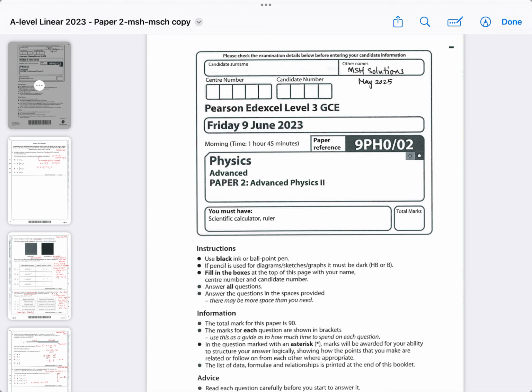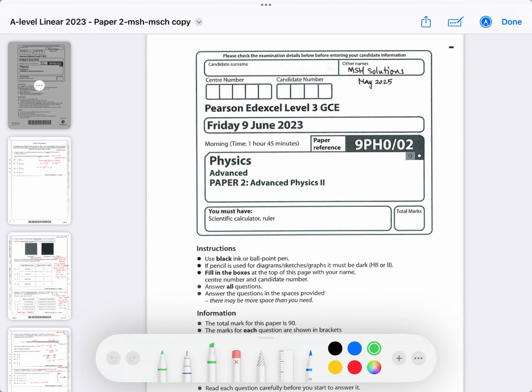Okay, today's video is the next part of the run-through for this Edexcel linear exam for A-level. So it's the Pearson Edexcel Physics Advanced Paper 2, also called Advanced Physics 2 like this. Okay, so this is equivalent in year 13 to Unit 5 of the